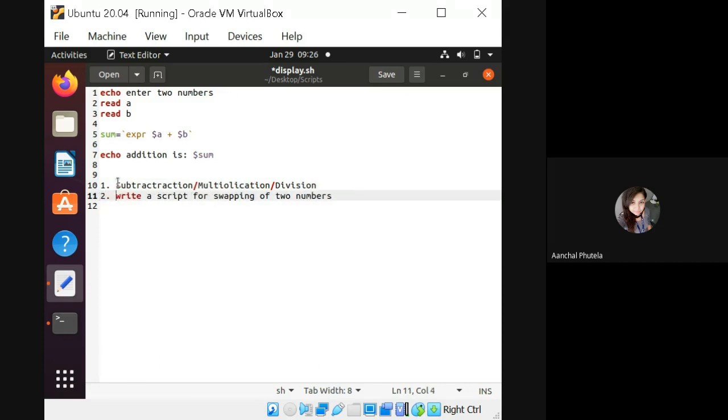After that perform swapping of two numbers. Do it.